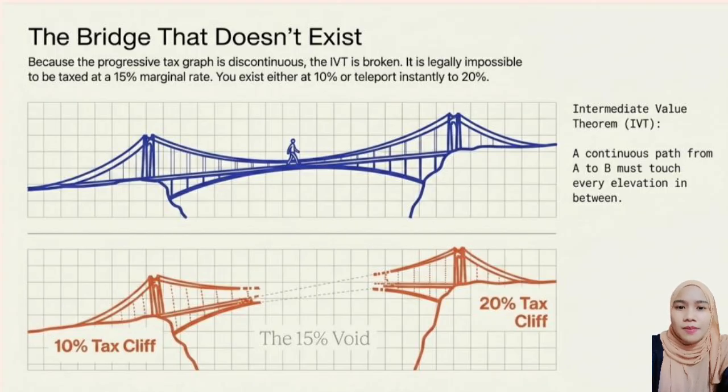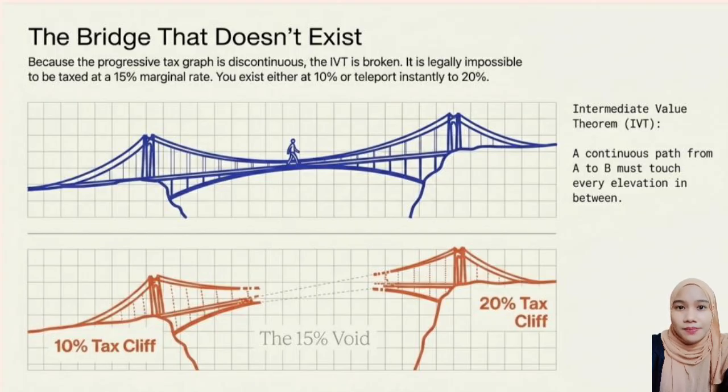However, in the bottom diagram, there is a tax cliff where the rate suddenly jumps from 10% to 20% without passing through 15%. This creates a gap, making the graph discontinuous. Because of this discontinuity, the IVT does not apply and some values like 15% do not exist. In conclusion, a continuous graph supports the IVT while a discontinuous graph breaks it, just like a bridge that cannot